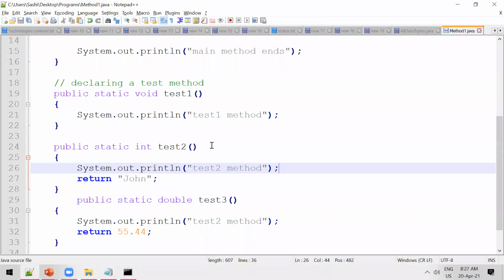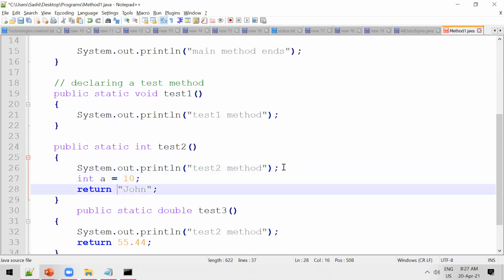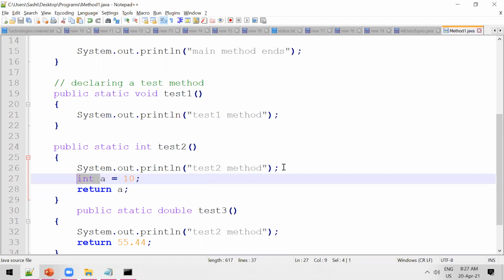You can experiment with different things. You can define one variable, something like this: int a equal to 10, right? In the same way, you can define a also. It's fine, right? Instead of a value, you are returning a variable. Even you can experiment with different things. Is it possible to return byte? That's how you can learn.